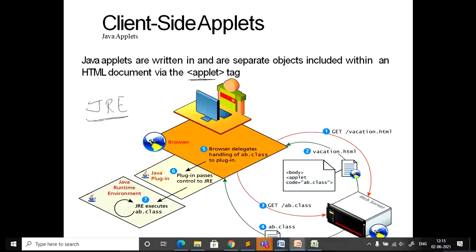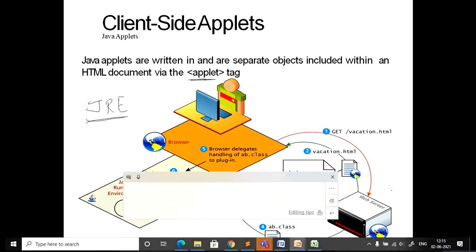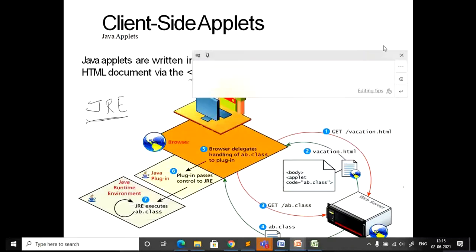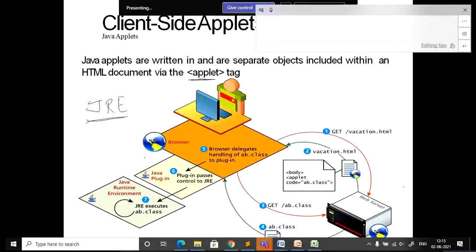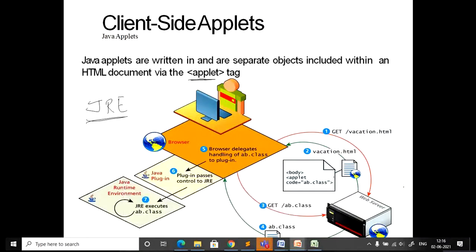What is the meaning of JRE? Whenever you want to run applets, JRE needs to be installed in your system. Accordingly the applet runs, and the resultant data is displayed on the client machine or the client browser.